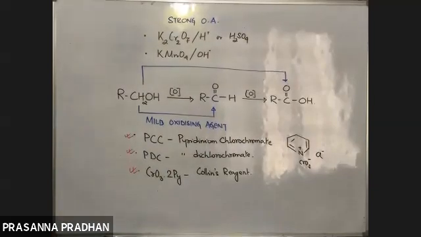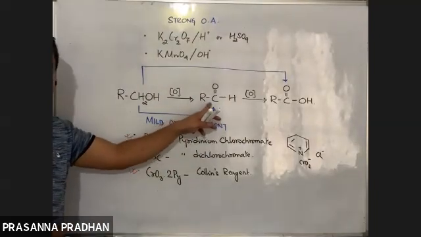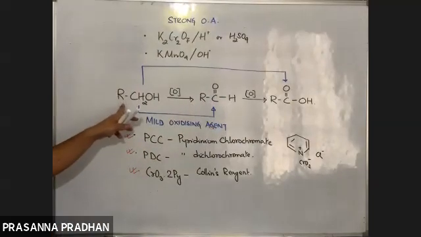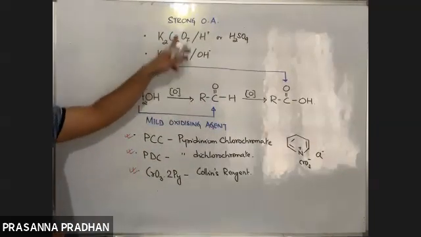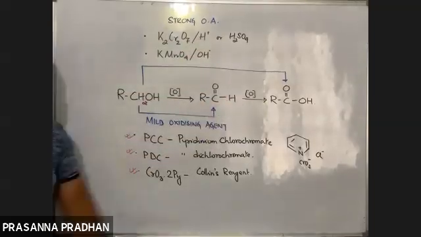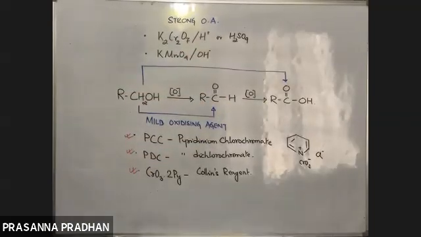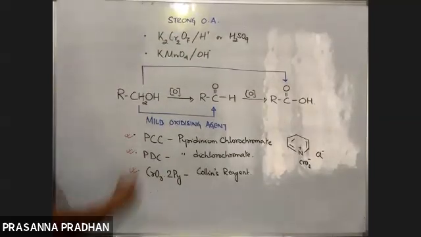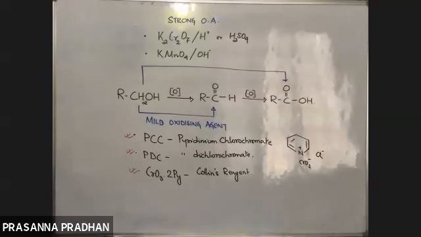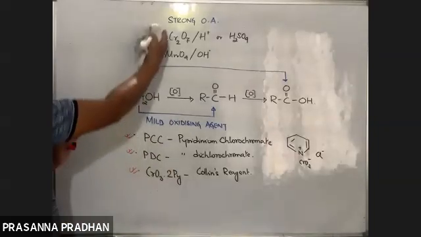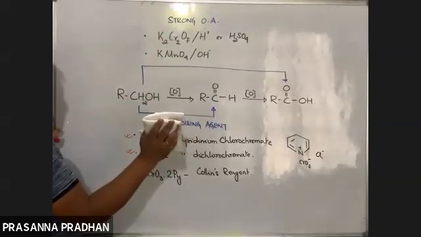So what are the products of oxidation? 1 degree alcohols on oxidation with a mild oxidizing agent stop at the aldehyde stage, whereas with a strong oxidizing agent, it stops at the carboxylic acid stage. So yes, the product of oxidation depends upon the nature of the oxidizing agent used. But you need to remember this much: strong, mild, and what the products are.